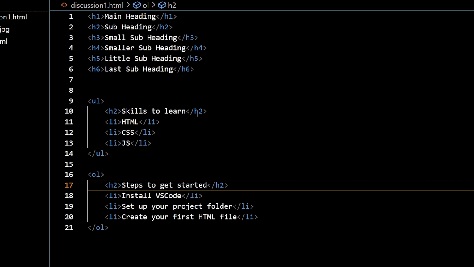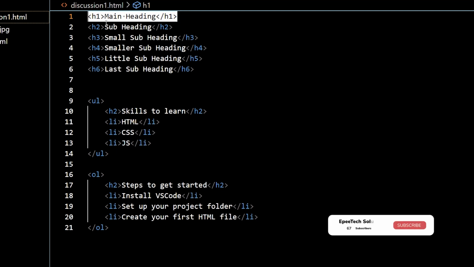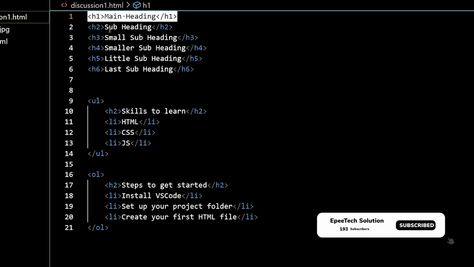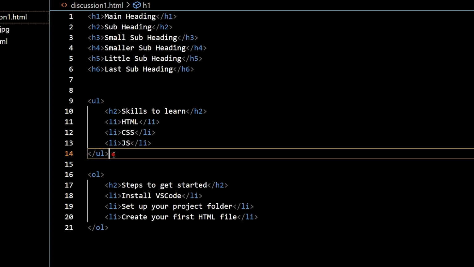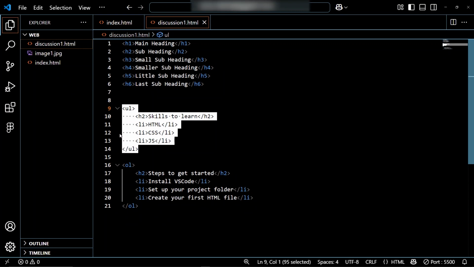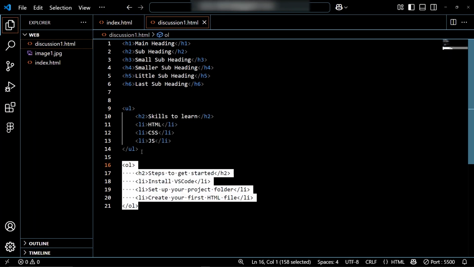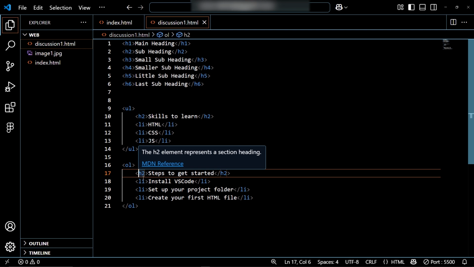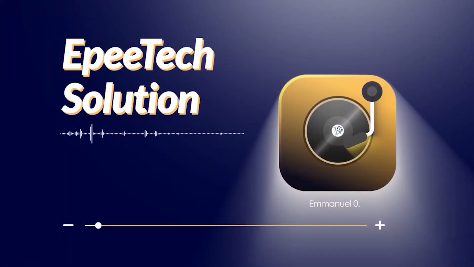so in this video, the major thing I want you to take home is that headlines are not just based on sizes. Each of the headlines has its importance, and H1 is meant to be used only one time on a page. You have your unordered list and you have your ordered list. The ordered list is basically to list items out, right? Same thing as unordered, but unordered we most of the time use for our menu,